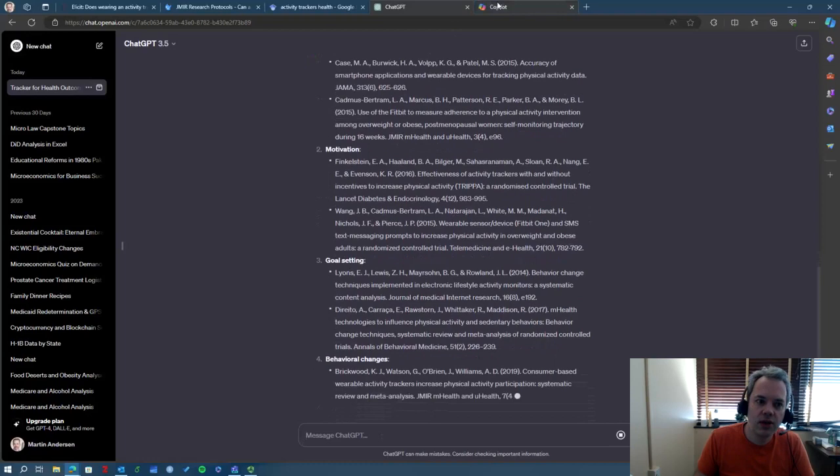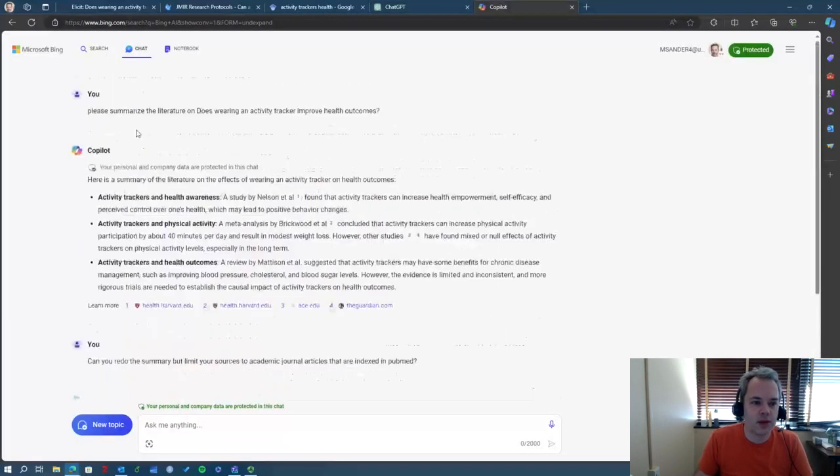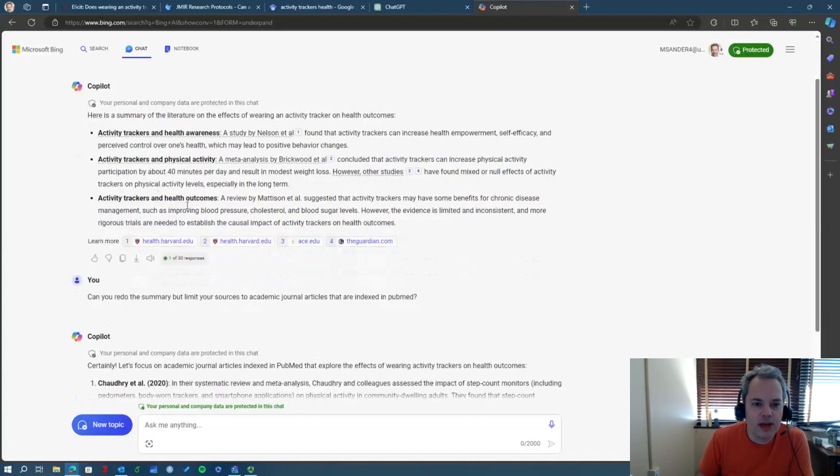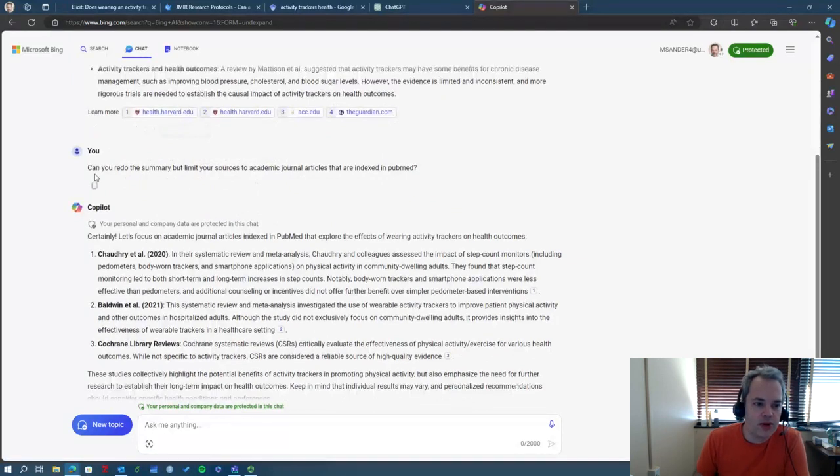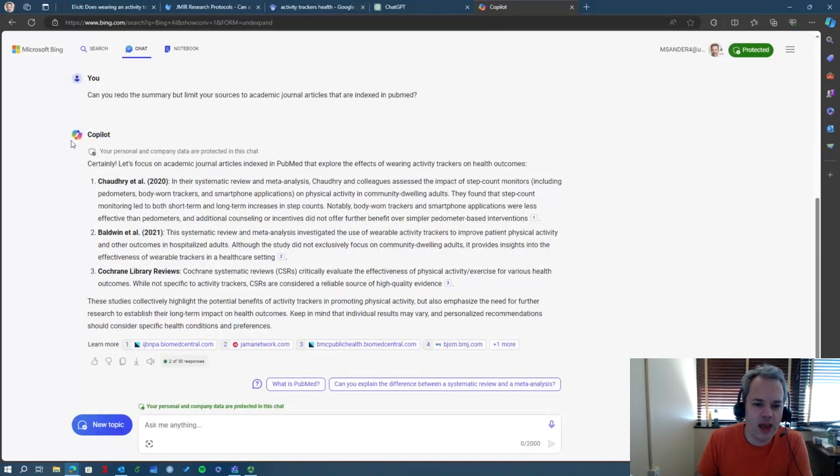Another approach is to use Bing Copilot. So I asked Bing, please summarize the literature on does wearing an activity tracker improve health outcomes? It gave me a summary, but I didn't really like the references it gave. These are to press releases and newspaper articles and things like that, whereas I wanted it to reference the academic literature. So I said, can you redo the summary, but limit your sources to academic journal articles that are indexed in PubMed? PubMed is a big database of published articles, leaning heavily towards articles that are related to medicine and public health. And then it gave me an updated summary